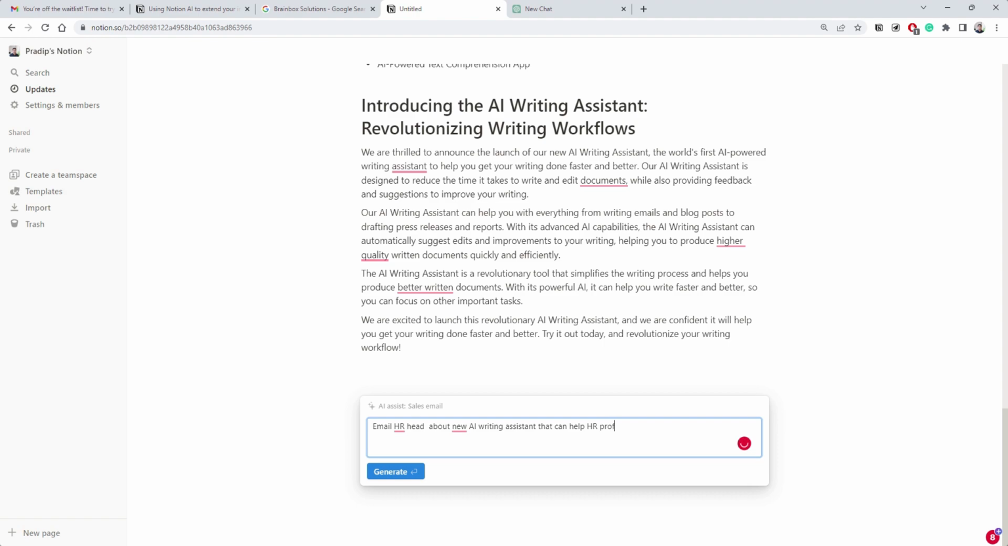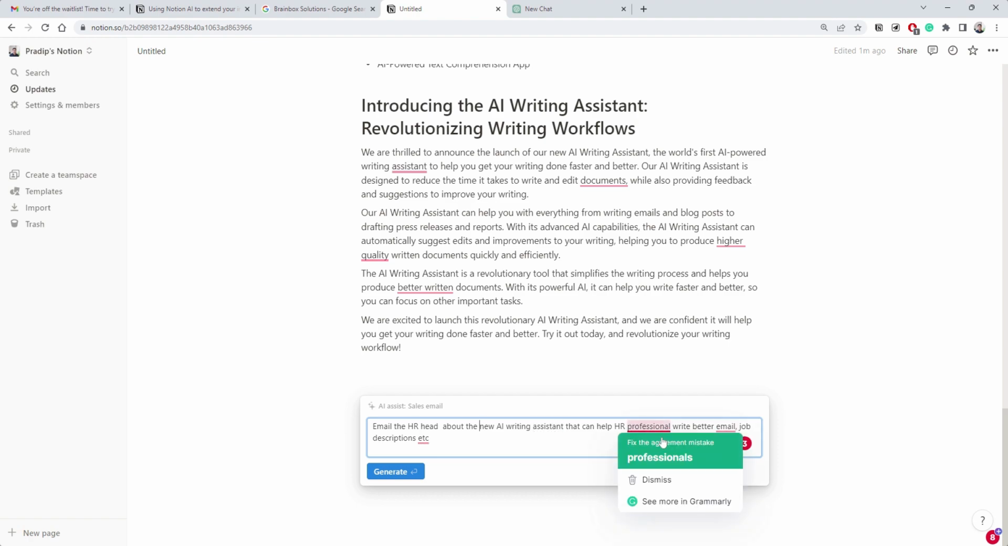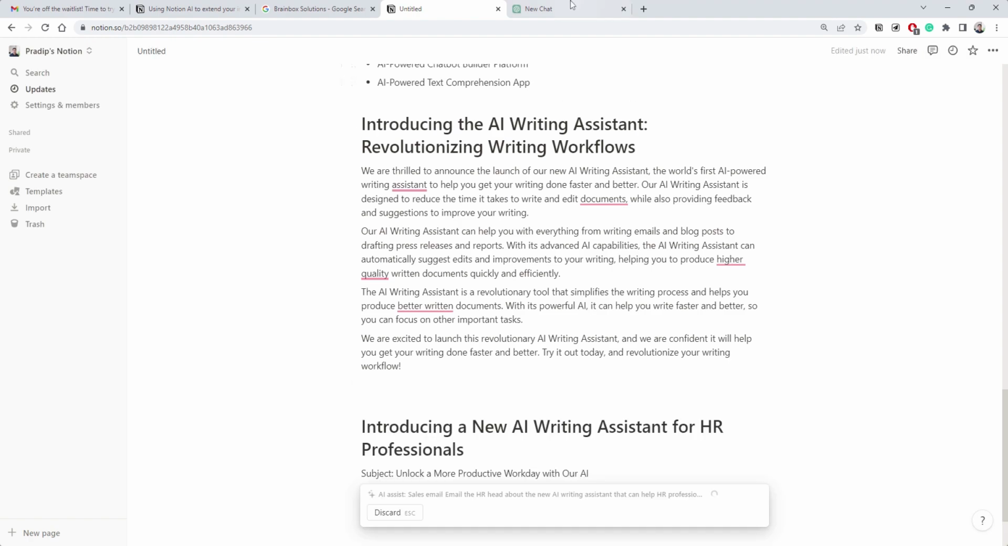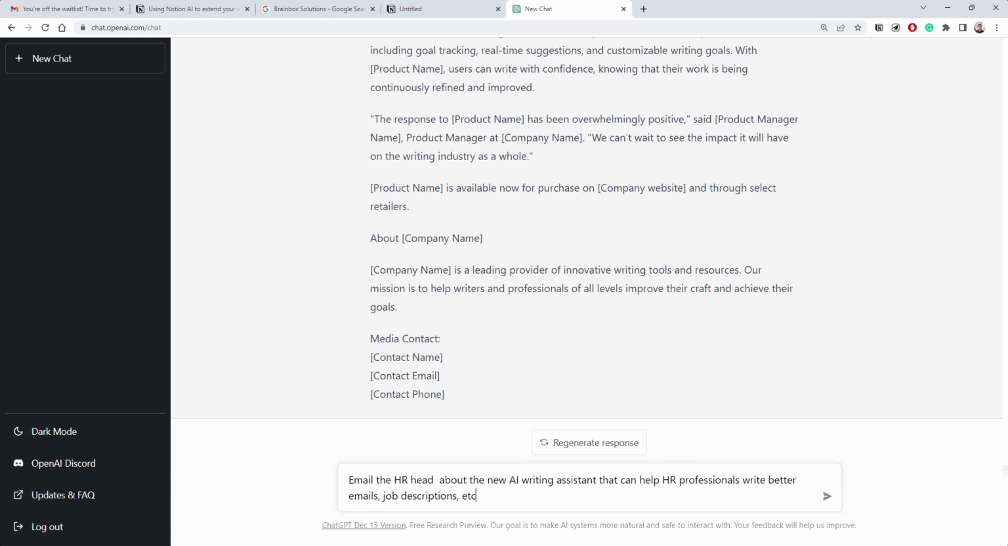HR professionals write, maybe let's say, better emails, job descriptions, etc. Okay, maybe that's what: email the HR head about a new AI writing assistant that can help HR professionals write better emails. Okay, let's copy this and I will go to ChatGPT-3 and I will say